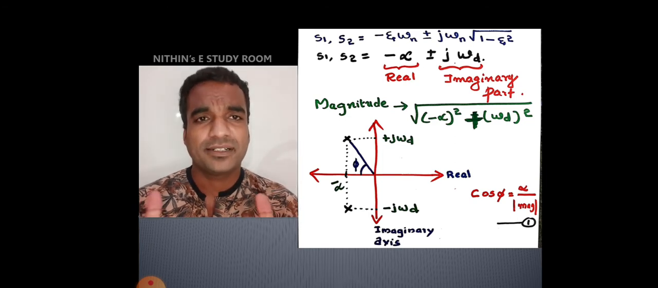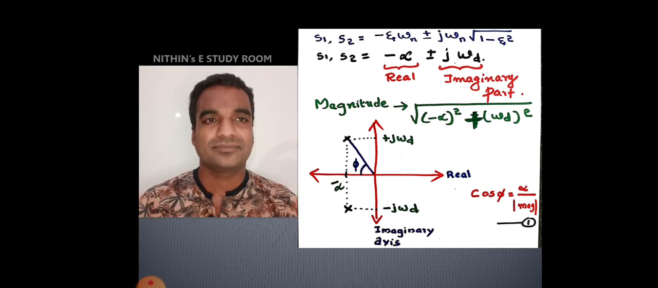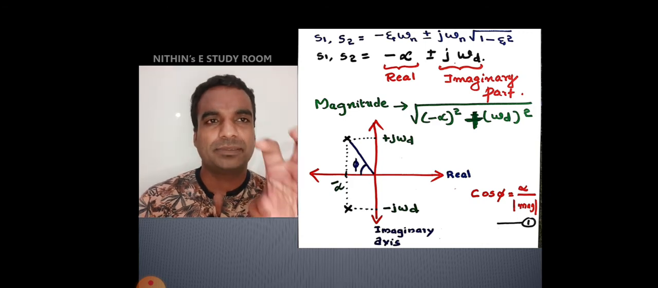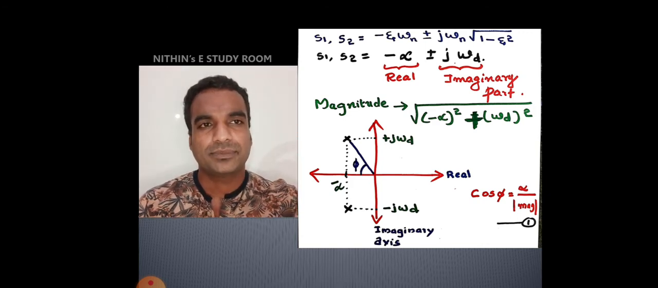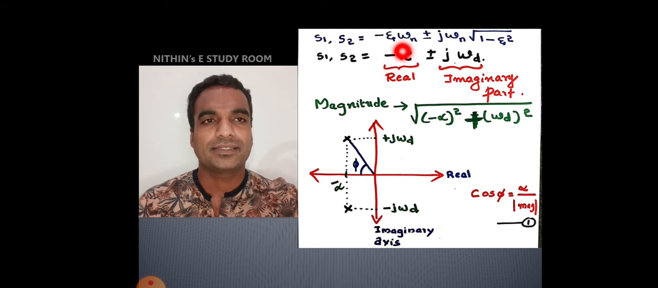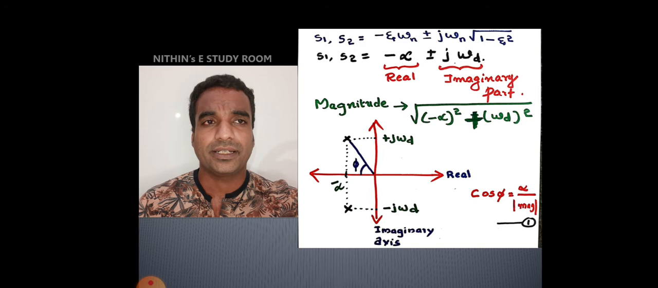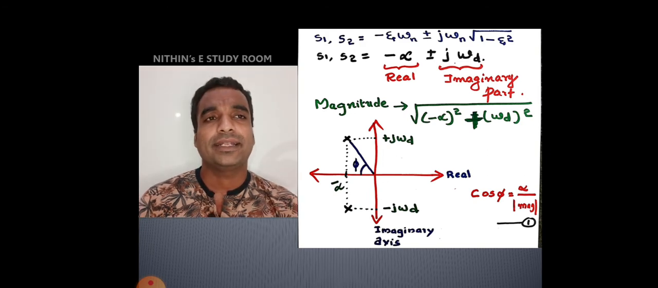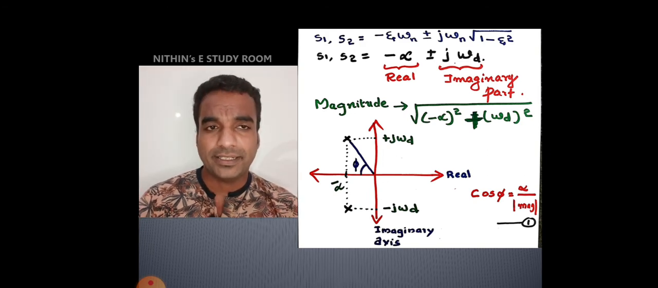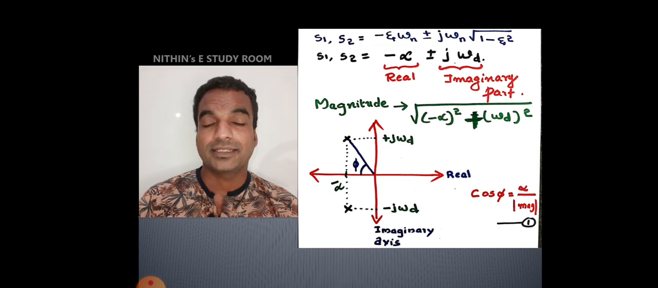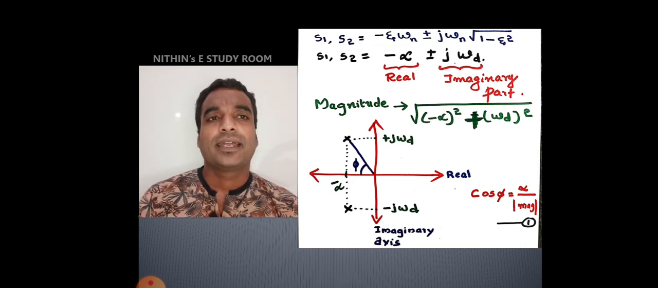And as this is a somewhat bigger expression, I am simplifying it by using some new terms. Minus eta omega n is replaced as minus alpha, and j omega n root 1 minus eta square is simplified as j into omega d. So omega d, the damped frequency, is nothing but omega n into root 1 minus eta square. And alpha,